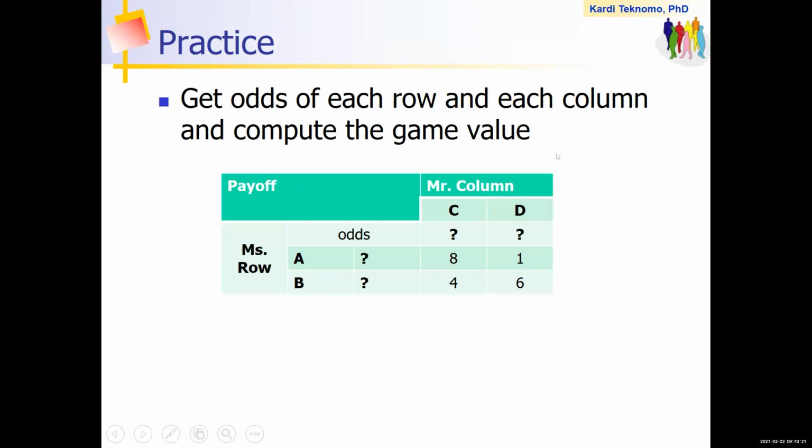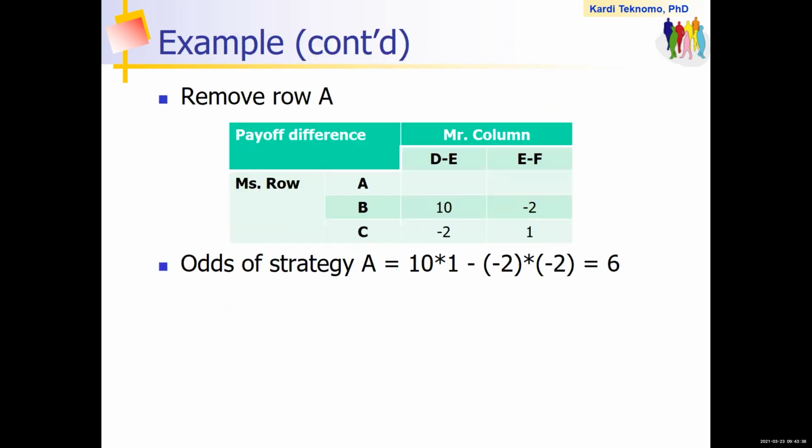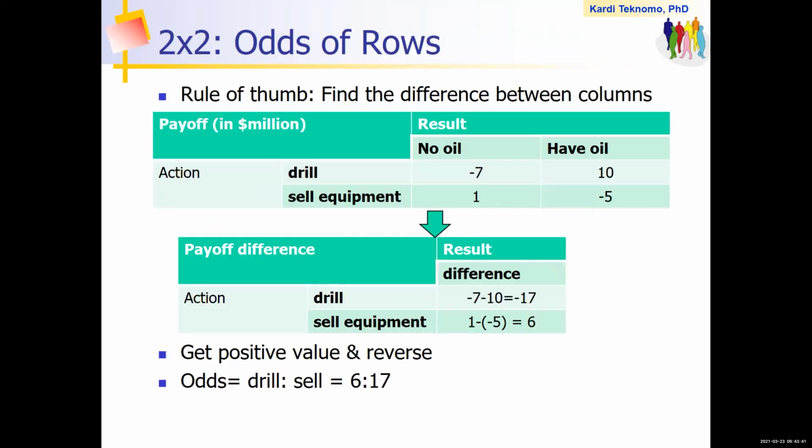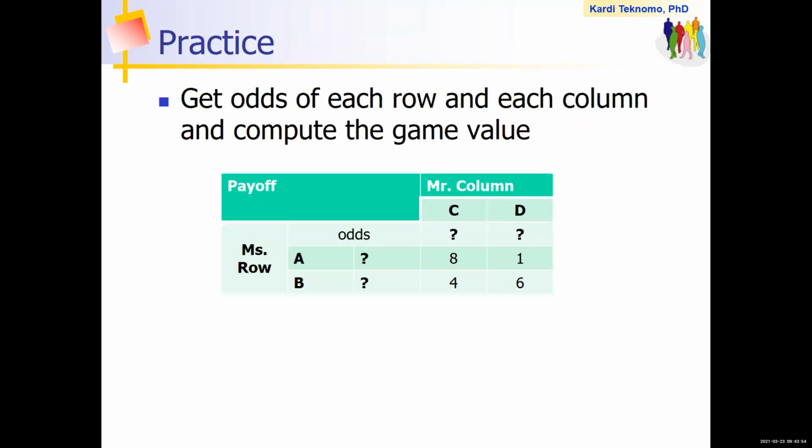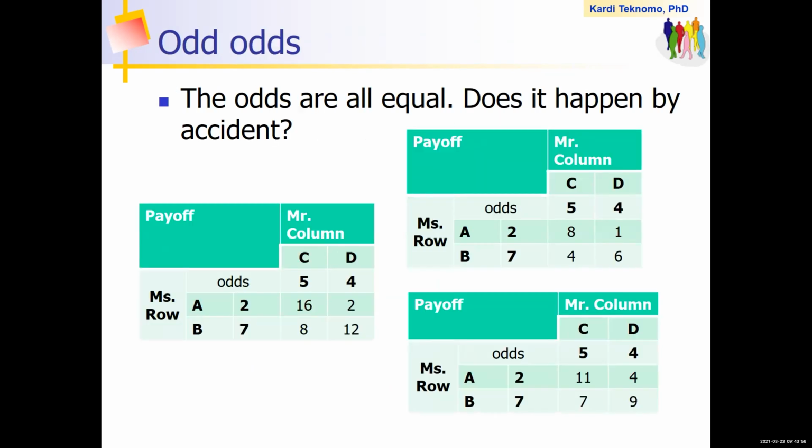Now, I ask you to practice these three simple games here. This is practice number 1, practice number 2, practice number 3 to get the odds. And to get these odds, you remember we simply use a 2 by 2. You take the difference and then you get the positive value and then you reverse. You can get the odds easily, right? So now, if you calculate this,